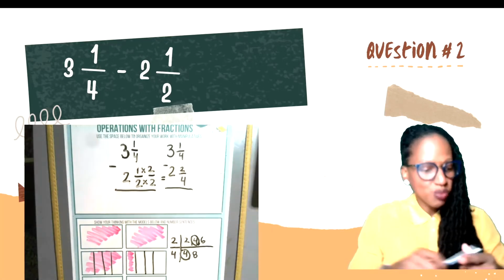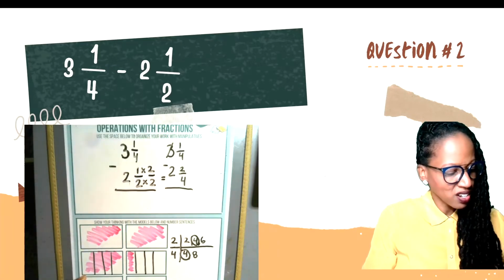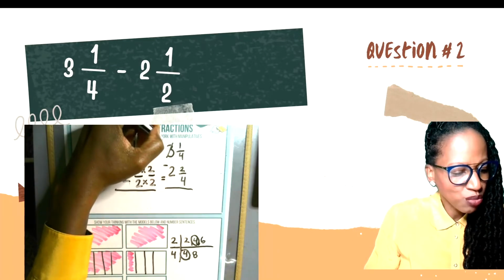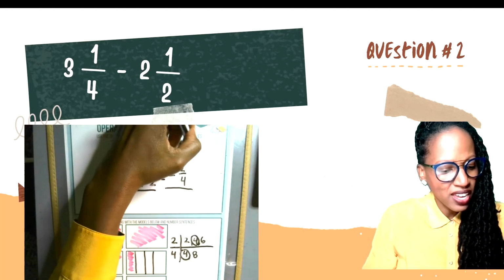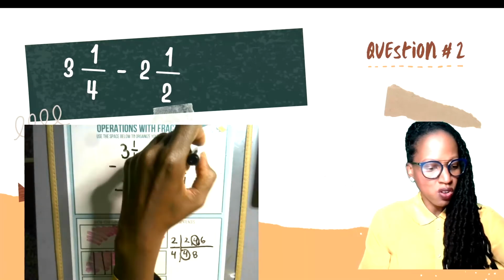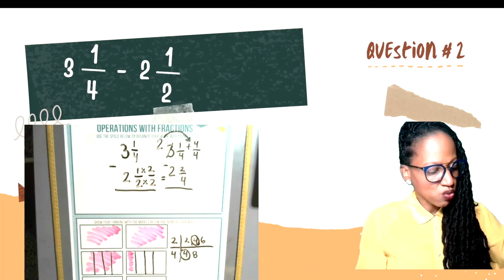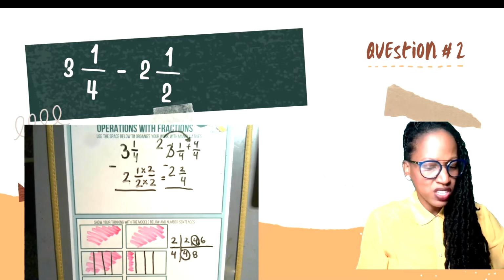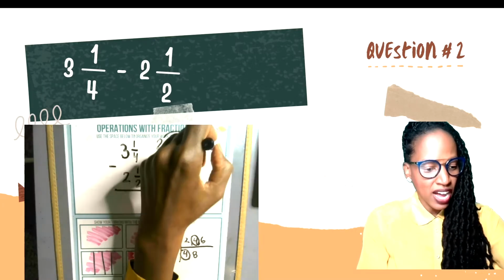So what I'm going to do is rename one of my wholes, just like I did down here. I took one of my wholes away and I'm going to rename it as fourths. How many fourths does it take to make one whole? Well, it takes 4 fourths. The reason I have renamed this one is because it was necessary in order for me to actually subtract